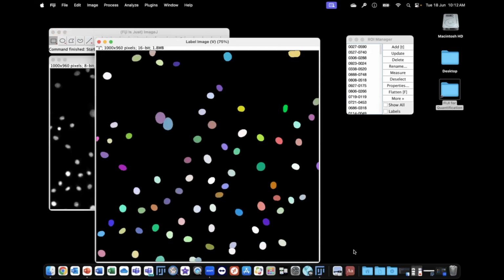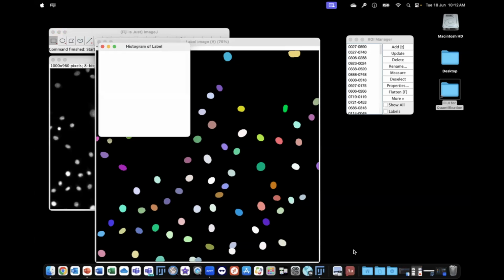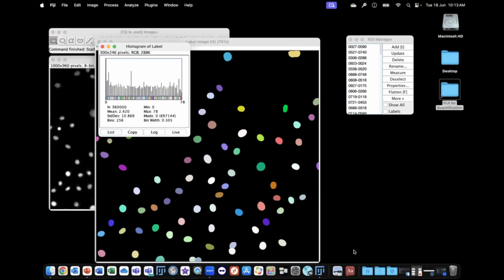If we want to quantify the number of objects within that image, we can press the H button for the histogram, and that will tell us the number of objects. Each one of these objects has a slightly different intensity value. So we can see here that we've got 78